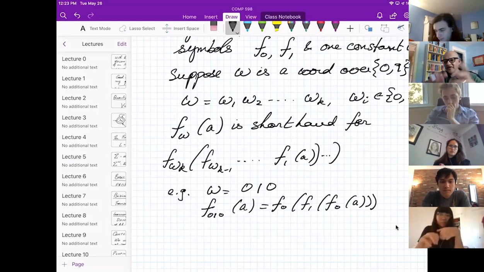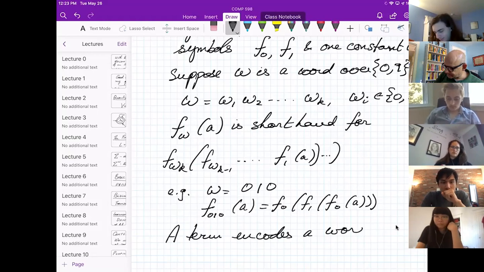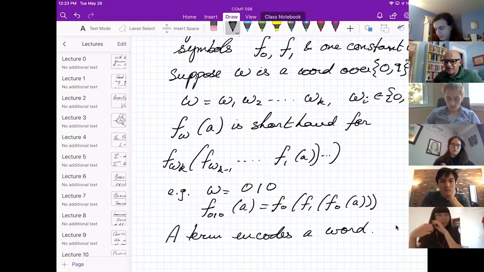F0, F1, F1, F0, ultimately ending in A. So the only thing that it's encoding is a word. So the term encodes a word. And now you can see that's going to mediate the passage from thinking about strings to thinking about terms in our logic.